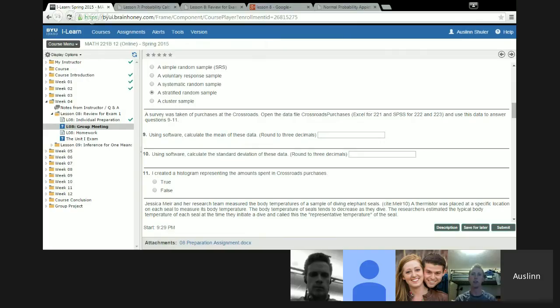So does anybody know how to find the mean using Excel, or do I need to type it all in the calculator? What you do is you just highlight the boxes you want to find the mean of, and then you click the little function button, and then it asks you what equation you want to use. Or the little equation button at the top. Like there's the FX button. Click that. Or the insert function, the little FX thing at the top. Is it the E looking thing? Mine's an FX.